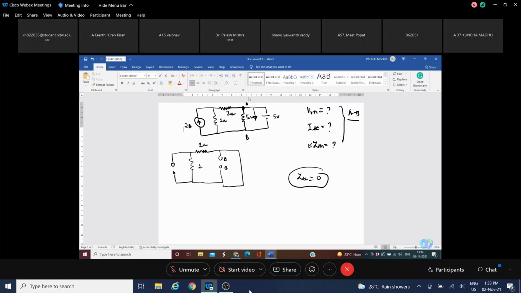What I am telling is, if you are drawing some Norton's equivalent, now if ZTH itself is 0, this is ZTH. And whatever be the value here, the resistance across A and B is equal to 5 ohms. If ZTH is 0, will there be any current here? Yes or no? Across A and B? No. So sir, please check using the KVL and the KCL equation whether some current is flowing in the 5 ohm or not.